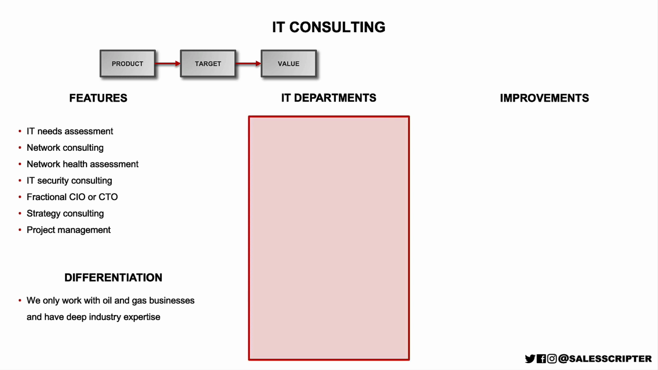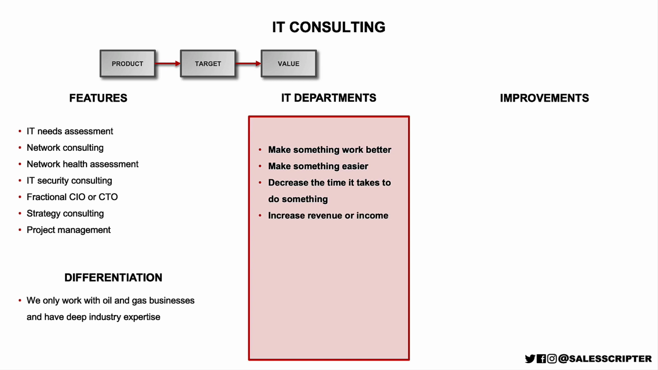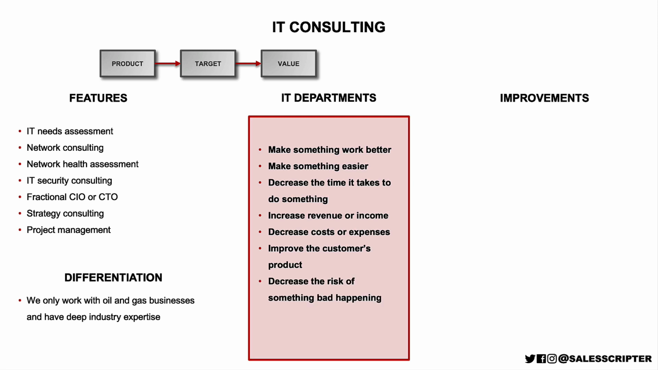And here's another tool to use is that I think there are just a few common ways that most products and services help the audience that we're trying to sell to. And so just about everything being sold can make something work better, make something easier, decrease the amount of time it takes to do something, increase the revenue or income for the audience that we're selling to, decrease their costs or expenses, improve the customer's product. So the customer that we're selling to, we might be able to improve the quality of their product or service that they sell, decrease the risk of something bad happening, improve visibility or access